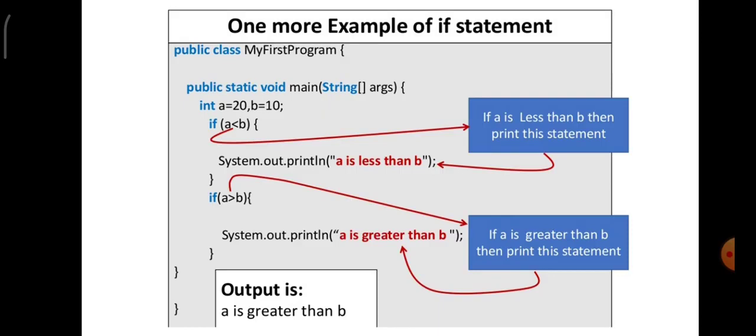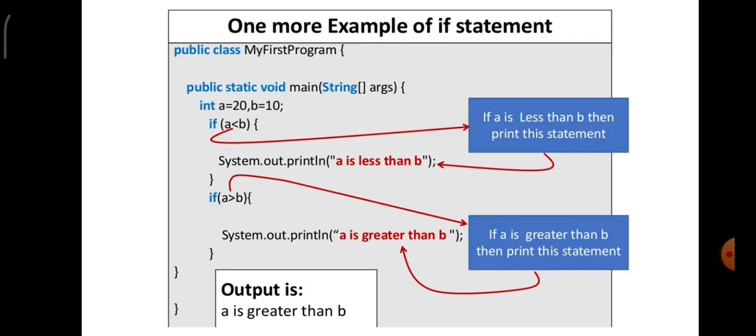So if the first statement is true, it will print A is less than B. If the condition fails, it goes to the other condition and looks out for the logic, and finally it prints A is greater than B. It depends upon the input you are going to send, children. If the condition is good, it prints the first line, otherwise it skips that part and goes to the next checking condition. Hope this is very clear to you.